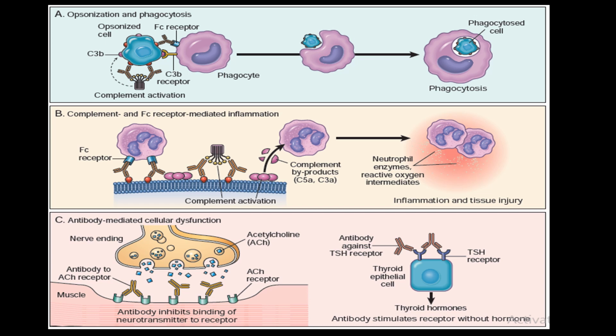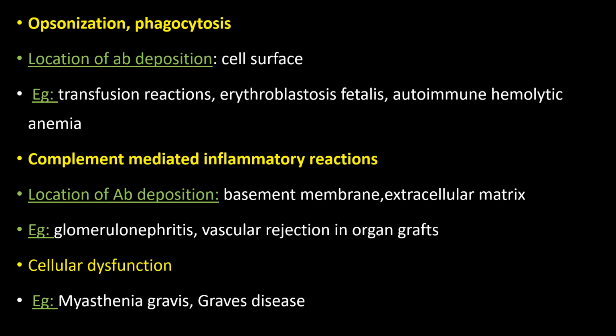So what will happen now? Even if there is a nerve stimulation and subsequent acetylcholine release, as acetylcholine is unable to react with its respective receptor, there will be blockage of that stimulus. Finally, it will manifest as a disease. And a similar example that we can talk about here is Graves' disease. Here the antibody is directed against the thyroid stimulating hormone receptor. Right. So these are the different mechanisms by which antibody mediated reactions can lead to tissue dysfunction. One is opsonization and phagocytosis, the other is complement mediated tissue inflammation, and the third is antibody mediated cellular dysfunction. The best example for opsonization